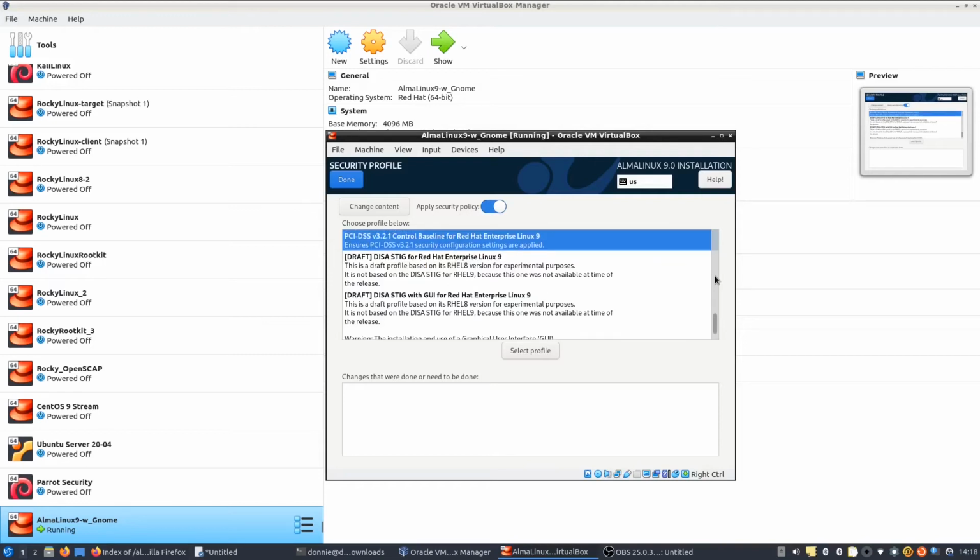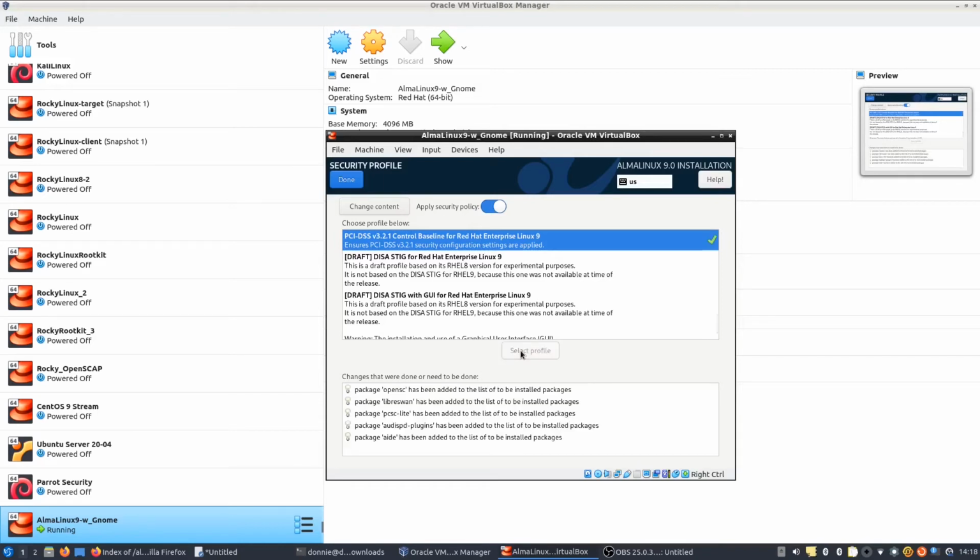Okay, so anyway, let's go ahead here and pick one. I'll pick the PCI-DSS, and I'll select a profile. And you can see down here at the bottom some of the things that this is going to do for us. We're going to be adding some different packages to install, like AIDE, for example. AIDE is like a host-based intrusion detection system, which checks on file integrity, and LibreSwan is like a,